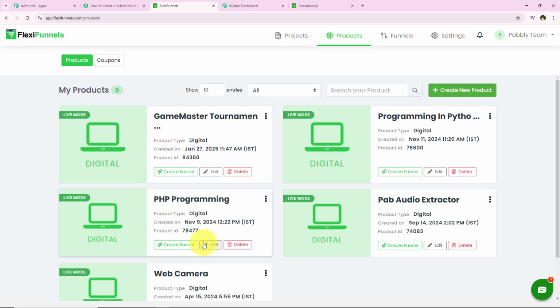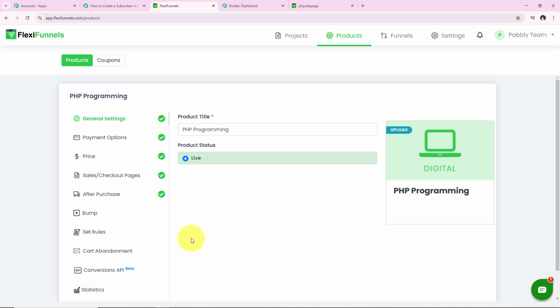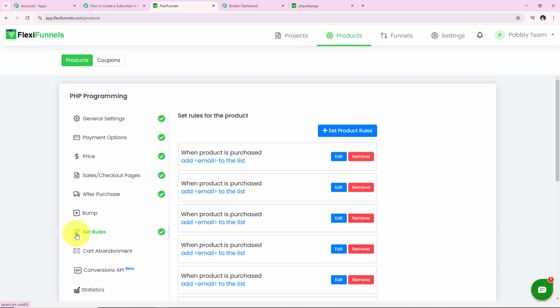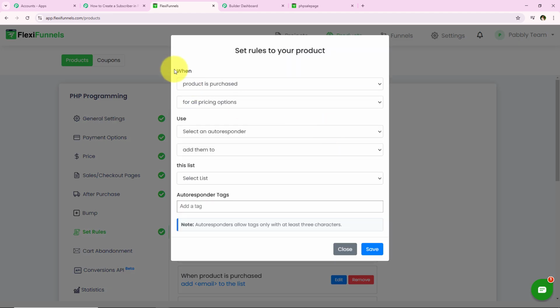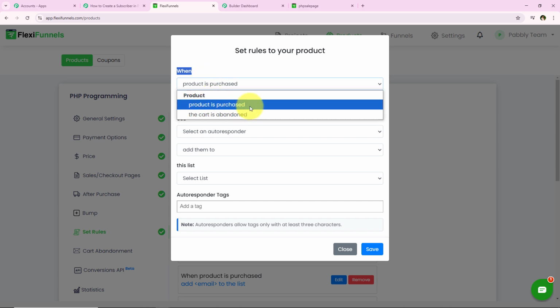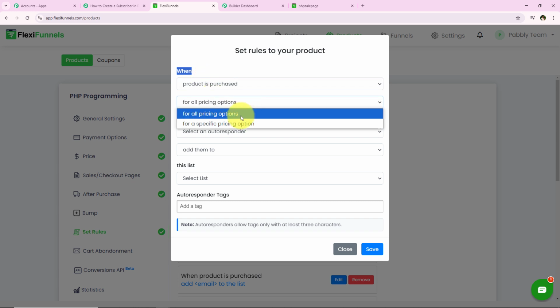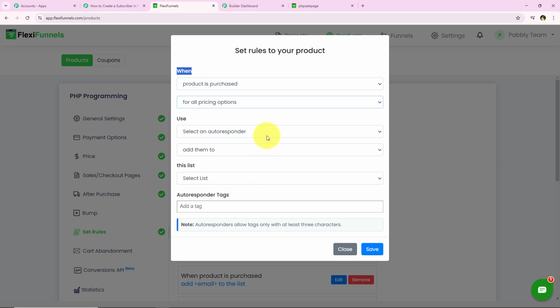Alright, I'm just going to go towards the edit of the product I want to create this automation for. Now from the left side of the bar we have to go towards set rules, and now we have to click on this add product rules over here, and now it is asking me for when. So for when we have to select product is purchased for all pricing options, and for use we have to